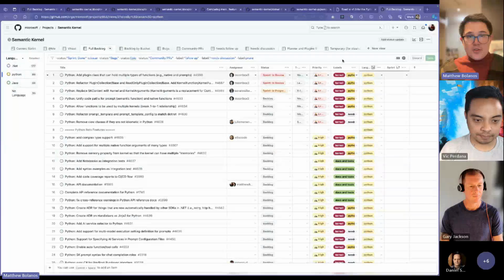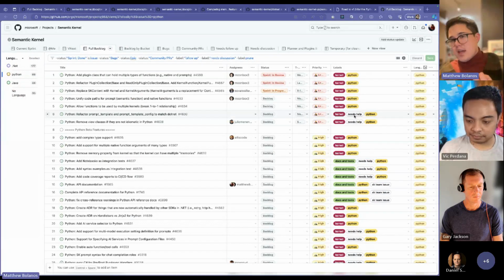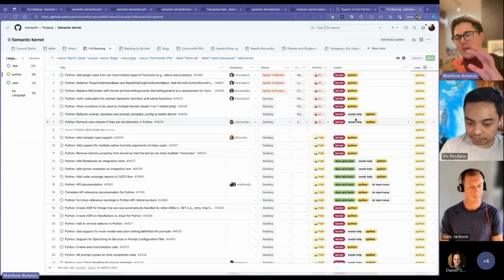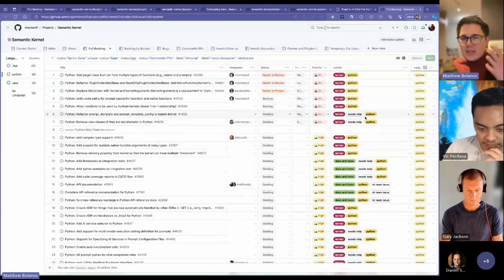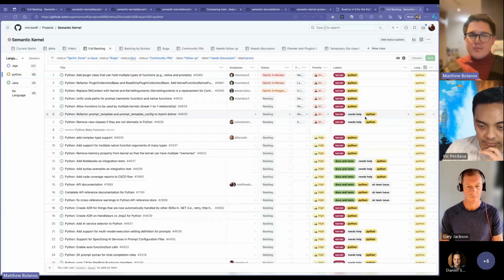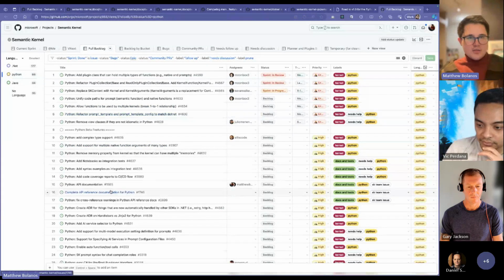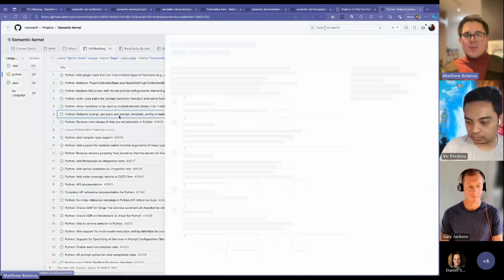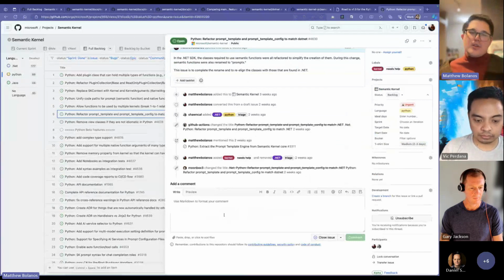And just so that folks on this call are aware, we started adding this needs help tag. We've only done this with Python so far, but we'll add it to the other ones. These are tasks that we think are theoretically simple enough that someone from the community could work on without being deeply embedded in the Semantic Kernel team. So if you're like, yeah, I really want to help, let's take a good example, I really want to help improve how Python does prompt templates, let us know in the comments and we can work with you one-on-one.